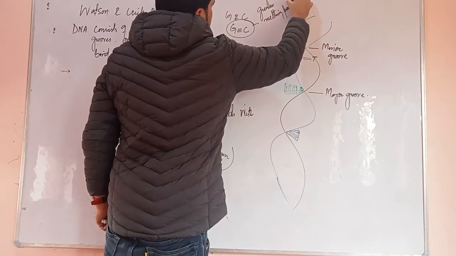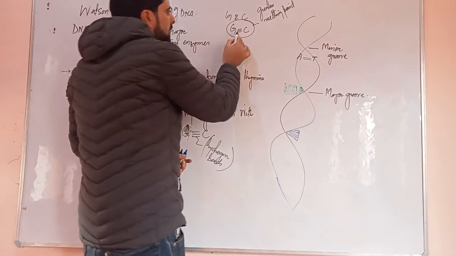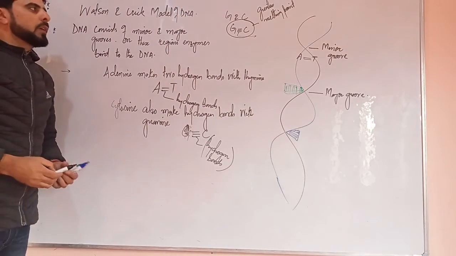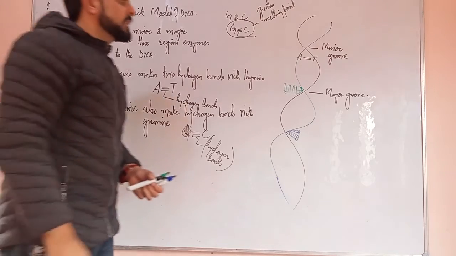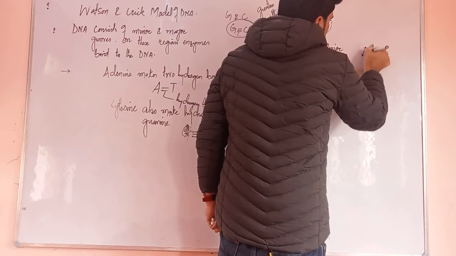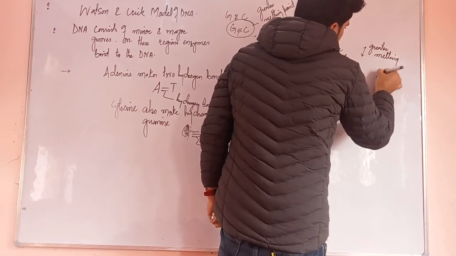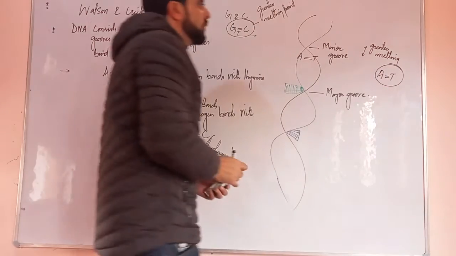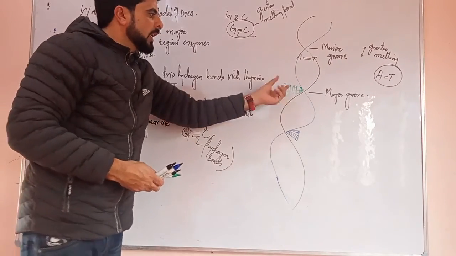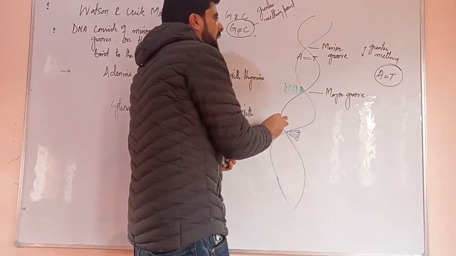That means the denaturation of this DNA takes a high temperature. The reason is we have three hydrogen bonds between guanine and cytosine. So if the question is asked, a DNA which is rich in guanine and cytosine is stronger and has a greater melting point than a DNA which is rich in A and T, because it has only two hydrogen bonds. So this is the most important point, along with the minor and major grooves: if we have a DNA, it consists of a minor groove and a major groove, and on these regions the enzymes bind onto the DNA.